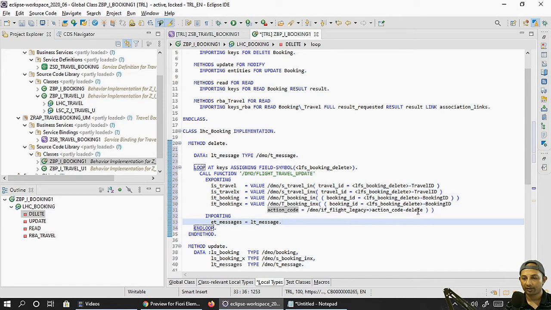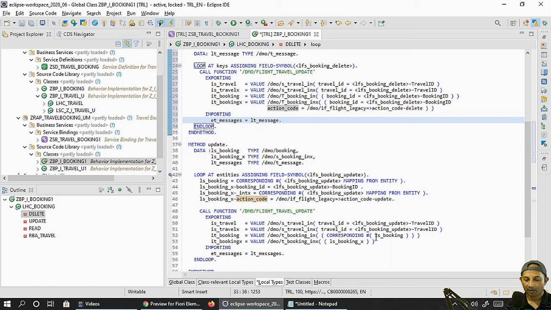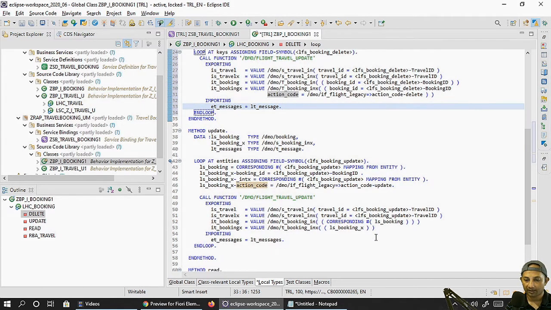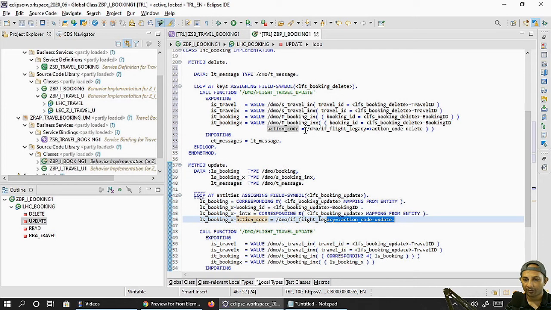The rest of the things are pretty much the same as what we had last time for the edit part, right? The same piece of code. So that update part we passed last time, we are just updating it over here separately as a delete.